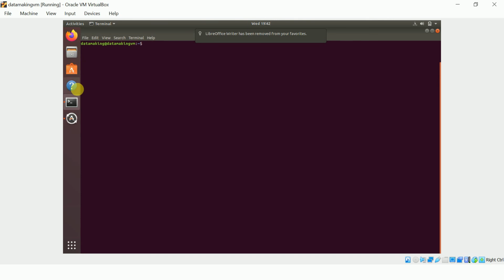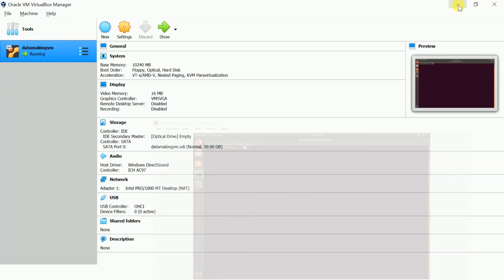Mostly I'll use the folder, the terminal, and Firefox to open things in the browser. So now our VM is ready. In the next video I'm going to tell you how to install Apache Hadoop on this Ubuntu operating system. Okay, so I'll just minimize this.